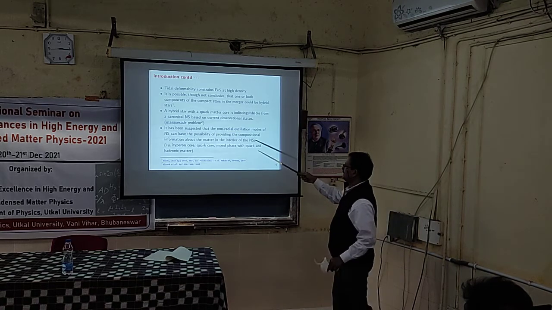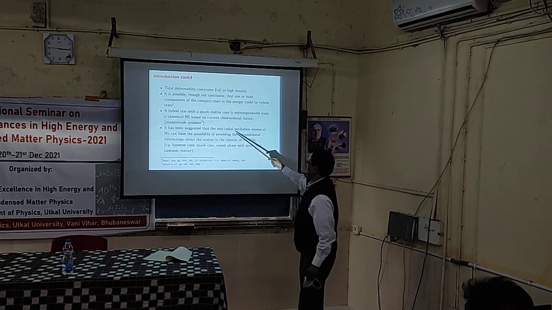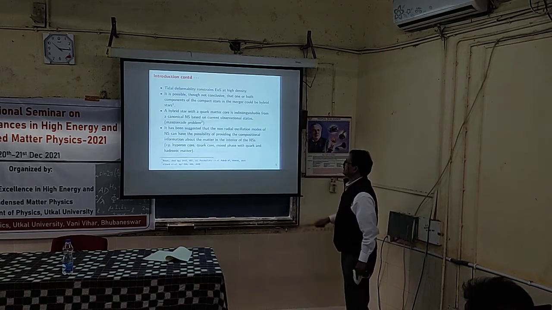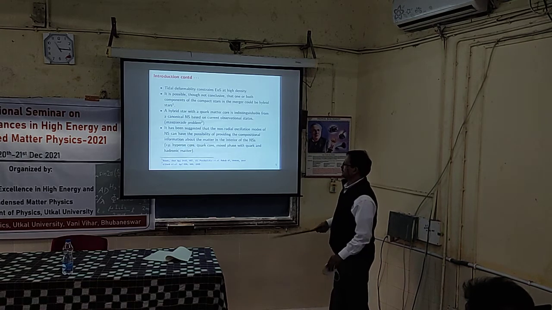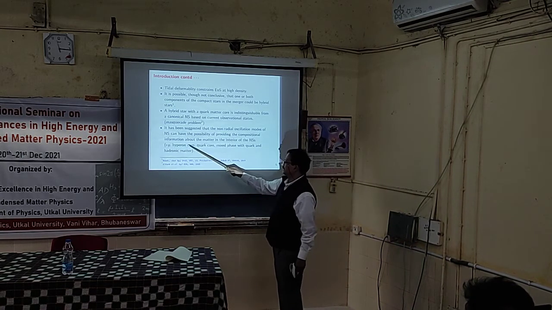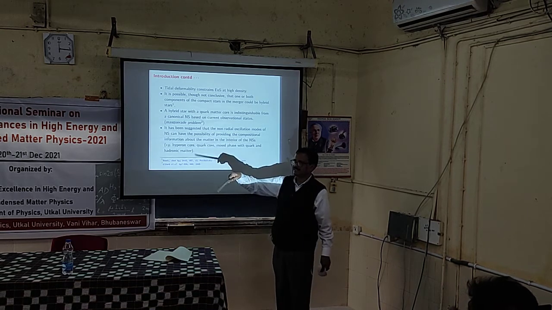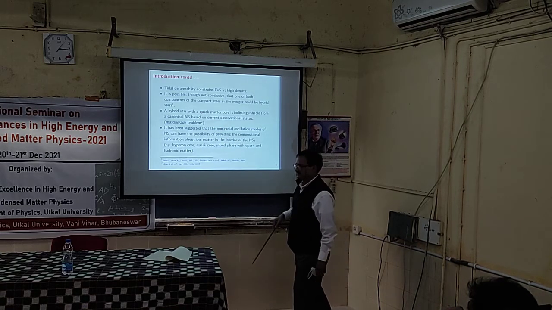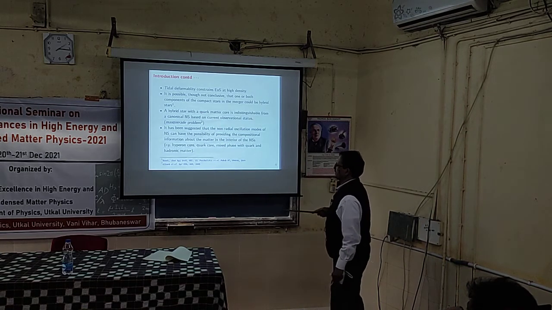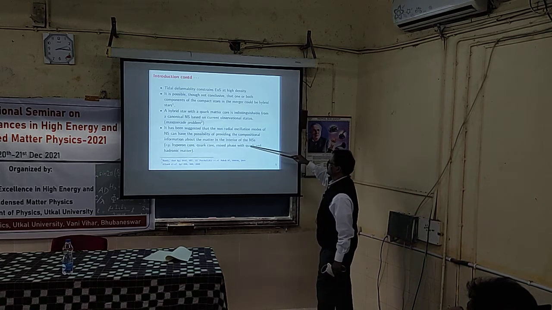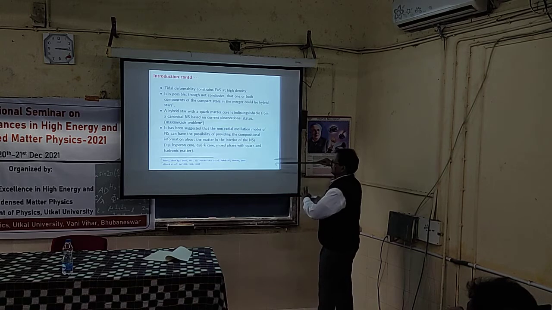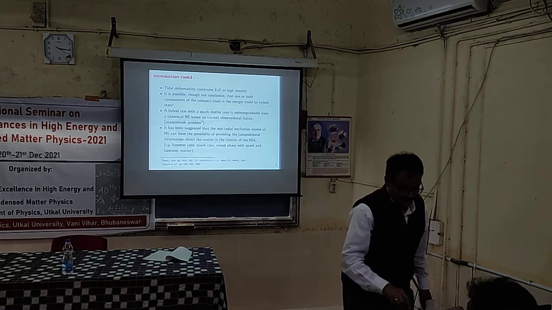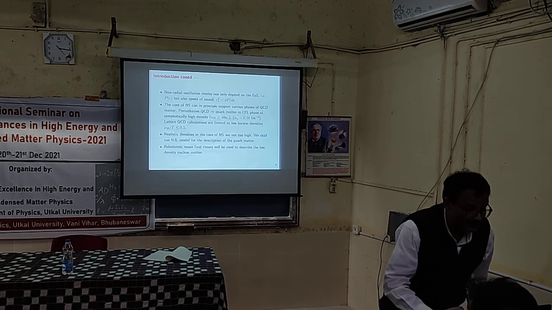It has been suggested that some oscillation modes of a neutron star can provide compositional information: what kind of matter is inside the star, whether there are hyperons. Hyperons are cousins of the neutron and proton; they also have a strange quark in them. There could even be a quark core or a mixed phase with quark and hadronic matter. There are many possibilities in neutron matter at high density.